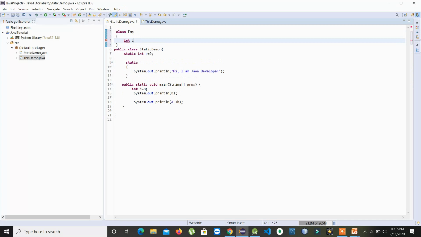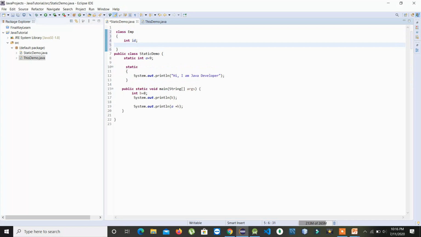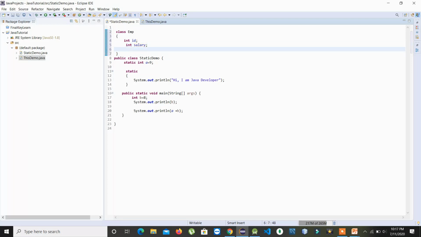Then I have salary. And let's say in a company there is only one CEO, and for all the employees there will be only one CEO.